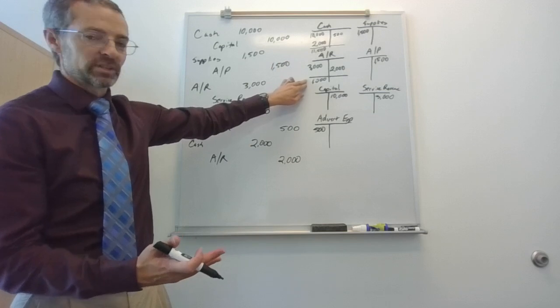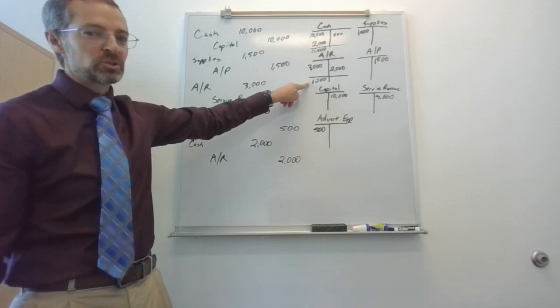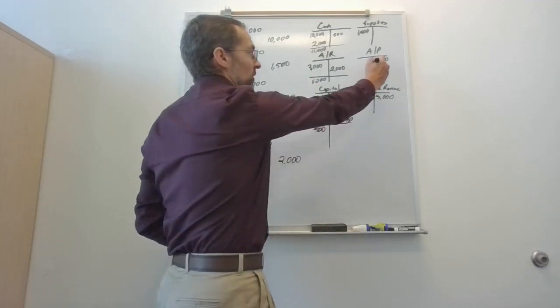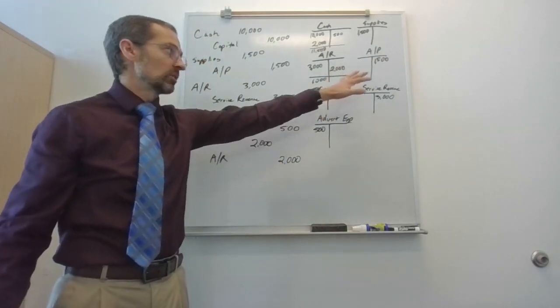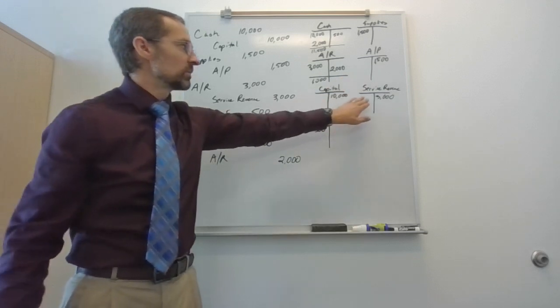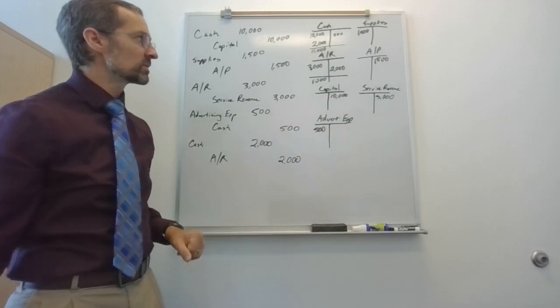So that's all we really need to know for the trial balance: what's that final number? How much do they owe us right now? Accounts payable, we have $1,500 there. Nothing to add up since I only have one entry. Capital, revenue, expense, those all have one entry, so I don't need to mess with those.